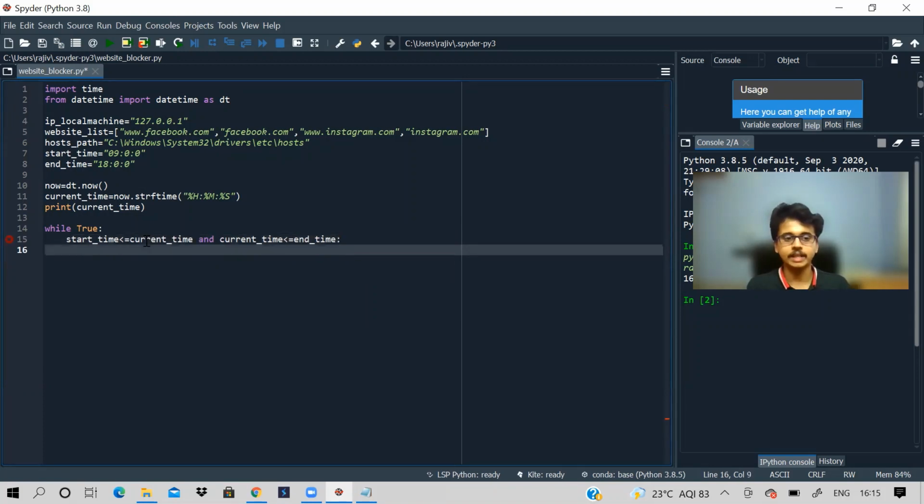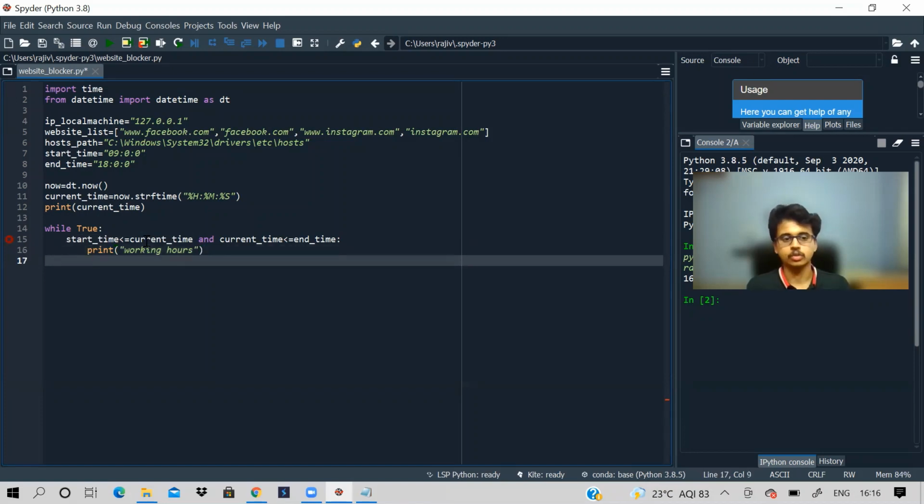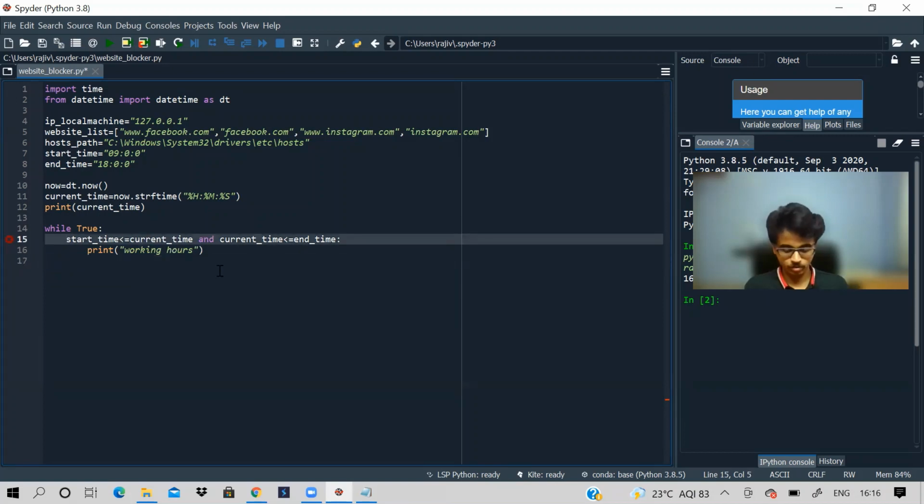Basically this is working hours. So let us print working hours on the console. Okay, so this much part is done, and actually over here it should be if, right?